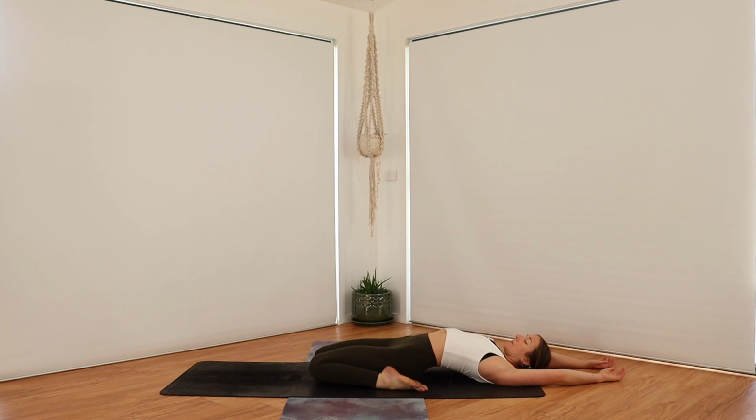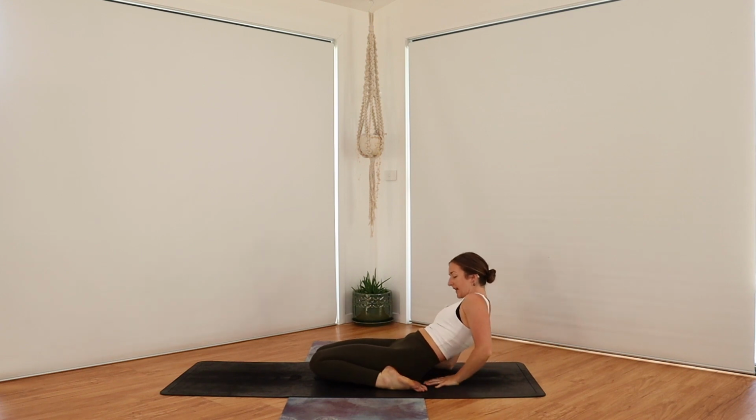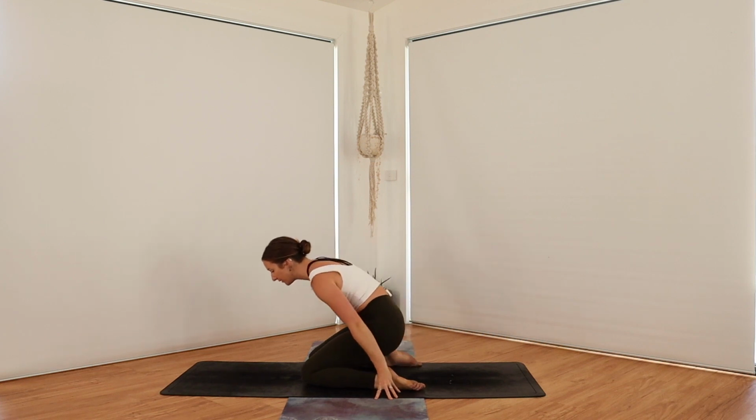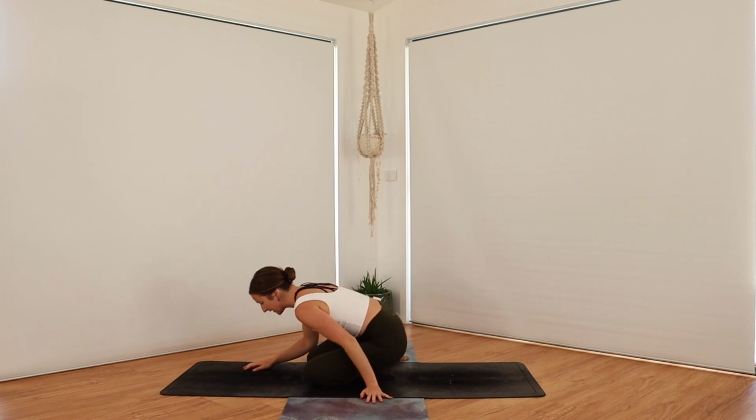If you're on your back, just starting to bring the arms back down beside you, ground into the elbows, coming to lift back to the forearms, and then planting the hands, rising back to kneeling, lift through the hips. Maybe you come all the way forward into tabletop, just shifting the feet off to the side, resting back down